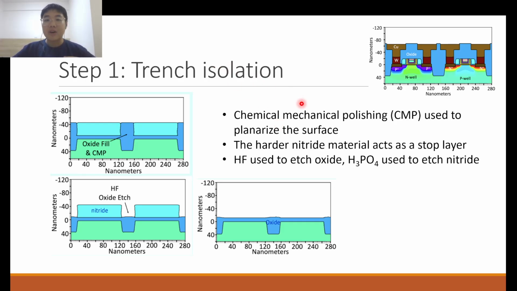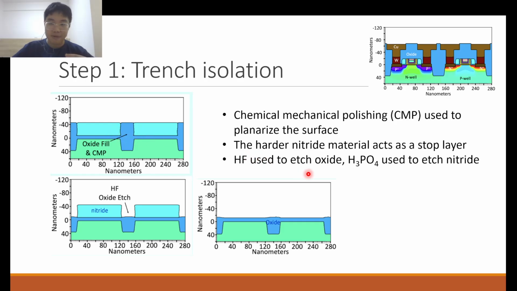Okay, and then how does it know to stop here, right? Because the nitride material is very much harder to planarize than the oxide layer, and so the CMP machine is able to sense this change in the amount of resistance that it is facing, and is able to stop the planarization polishing process. And so after that, we can use hydrofluoric acid, hydrogen fluoride, to etch the remaining